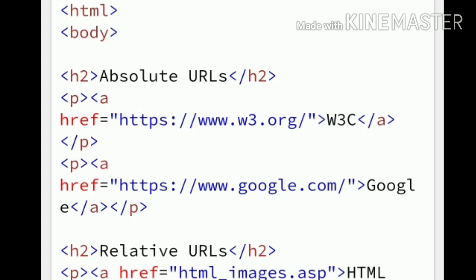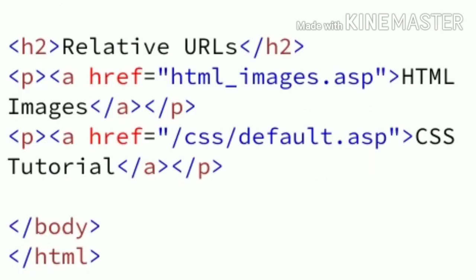Now you can write a relative URLs h2 tag, closing of h2 tag. Now write a paragraph tag, opening p, opening a href equal to within double quotation html_images.asp within double quotation close, HTML images, closing of a tag, closing of p tag.